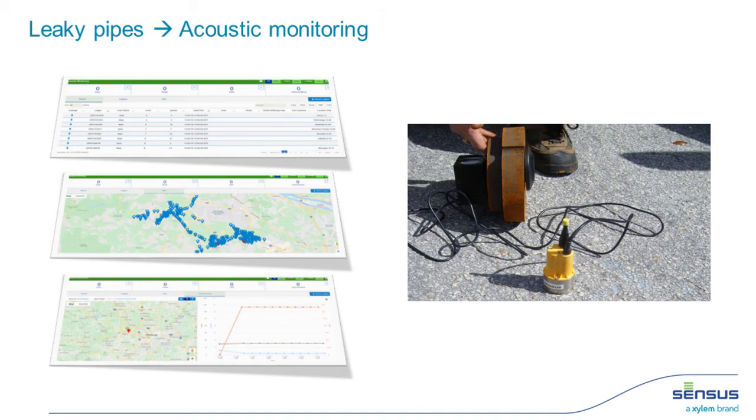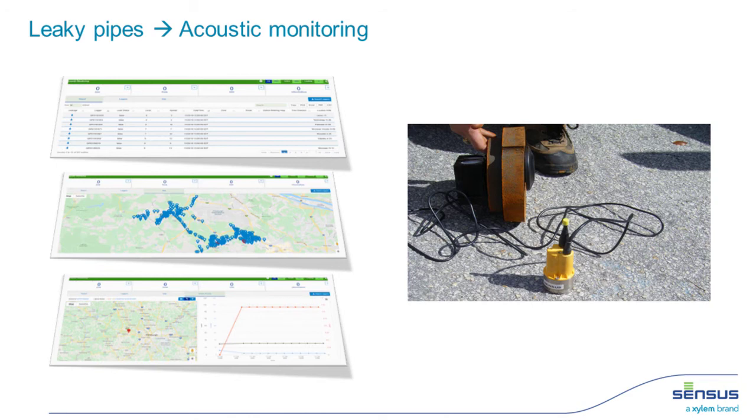And I find DMAs are really helpful because they can help prioritize where the biggest issues are. You may want to prioritize this DMA that maybe has 20 or 30% water loss over the DMA that has 5 to 10. But then we can use additional technologies such as acoustics to really zone in on the location. And so this is an example of an acoustic.